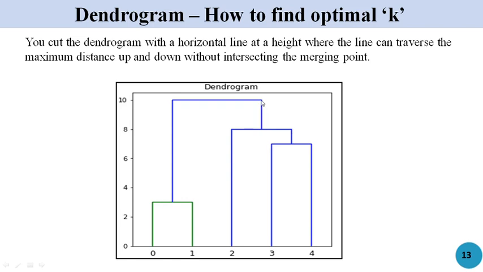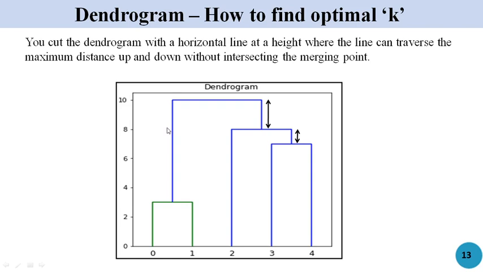Let me consider that I am trying to draw the vertical distance from this point onwards. If I draw the vertical distance here, I will have to stop at this point, because here it will be intersecting with the horizontal line. Now let me consider I am trying to draw a vertical distance from this point onwards. Then I will have to stop at this point, because it will be intersecting with this horizontal line. Now, let me consider I am trying to draw a vertical distance from this point. How long can I proceed? If I continue here, at this point I can see that there is a horizontal line, so I can't proceed any further.